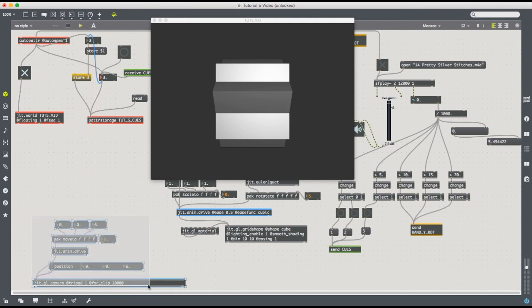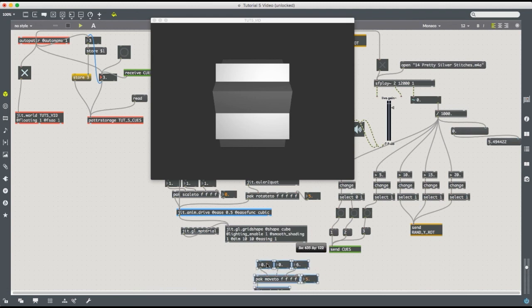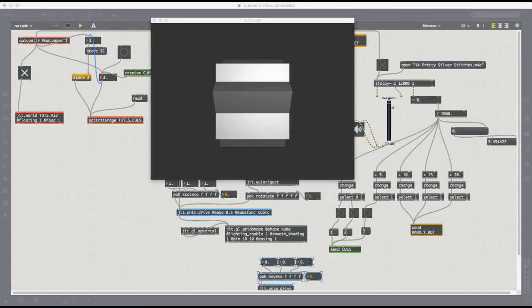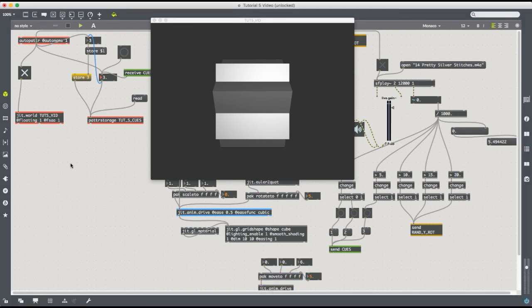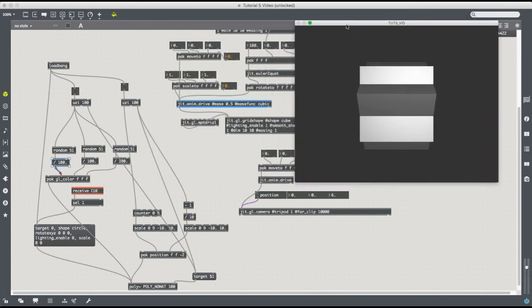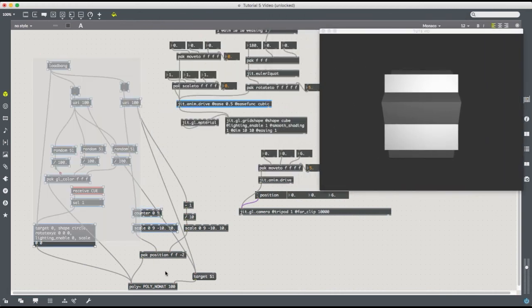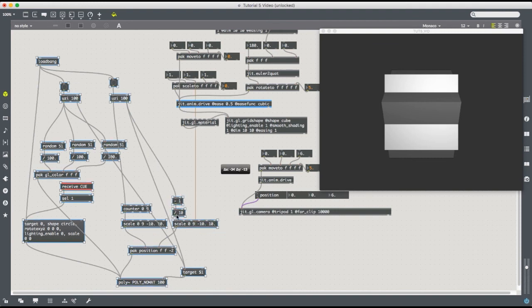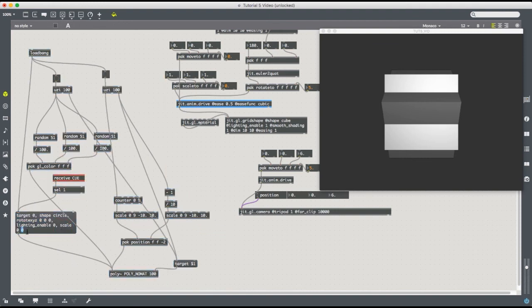So I'll just take a simple grid structure that I have prepared, which is very similar to what was covered in the last tutorial, and paste it in. And this is a grid of 100 randomly colored circles